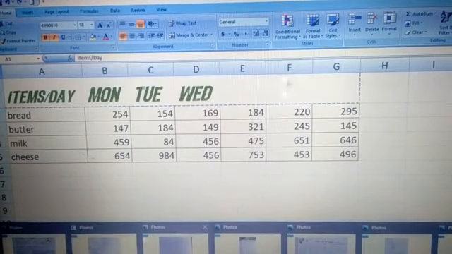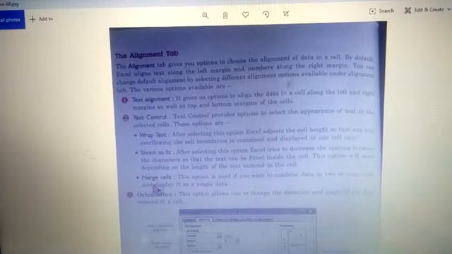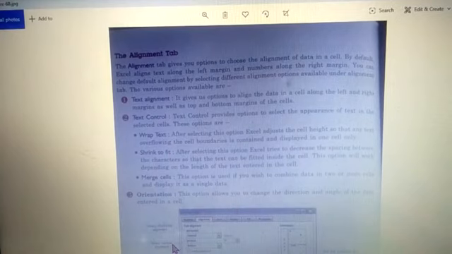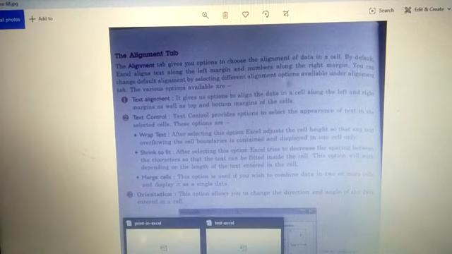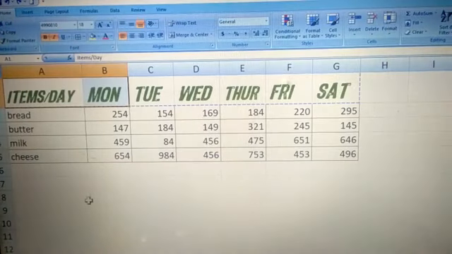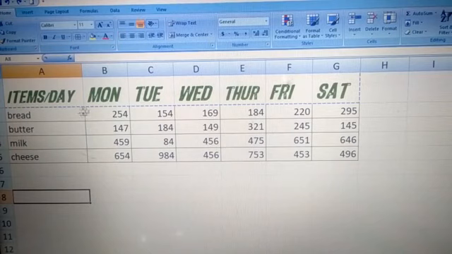Now the next one is merge cells. So with this, children, if you want to merge two cells together, you can use this option. And how can you do that? Like here, if I want items per day to cover both columns, I don't want Monday to be here, I want items per day to cover both columns.